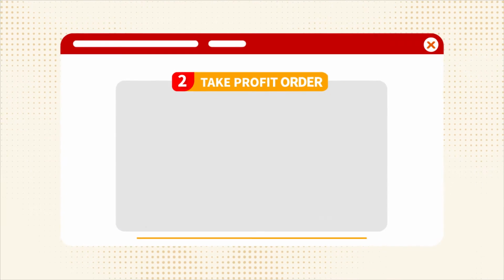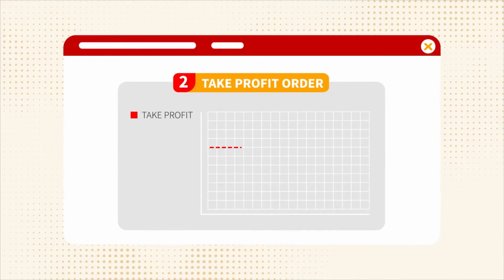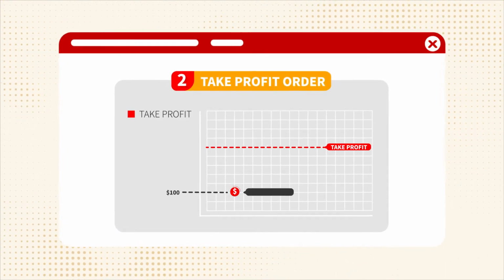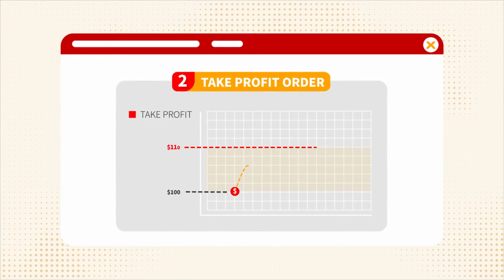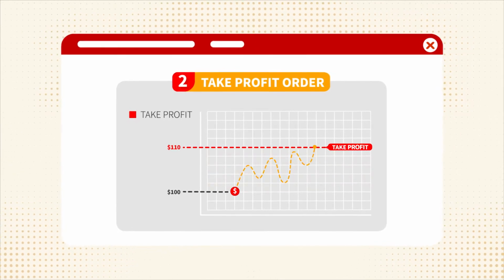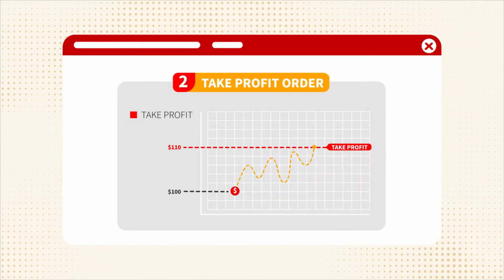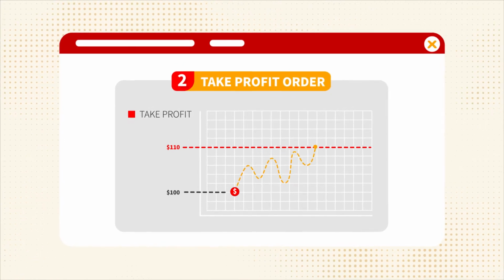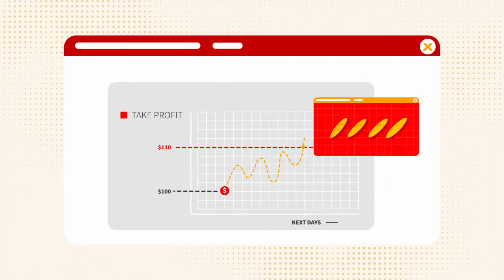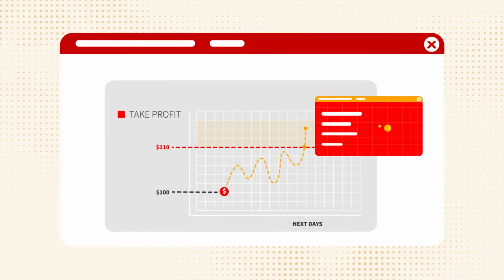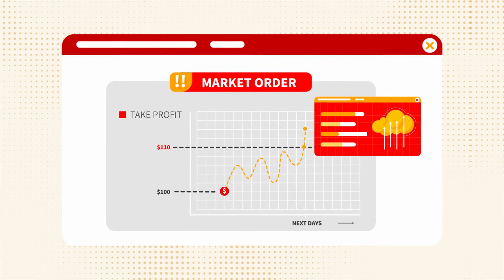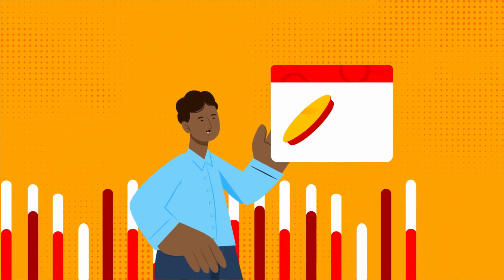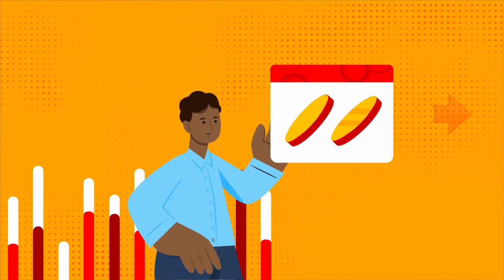The trader also has the option of placing a take profit order when opening a position. For example, a trader buys 100 shares of XYZ for $100 expecting the price to rise by $10. They then place a take profit order at $110 as per their risk parameters. Over the next few days, the price rises above 110. The take profit order now becomes a market order and can be filled at 110 or above. This has allowed the trader to take their profits as determined by their trading plan without having to constantly watch